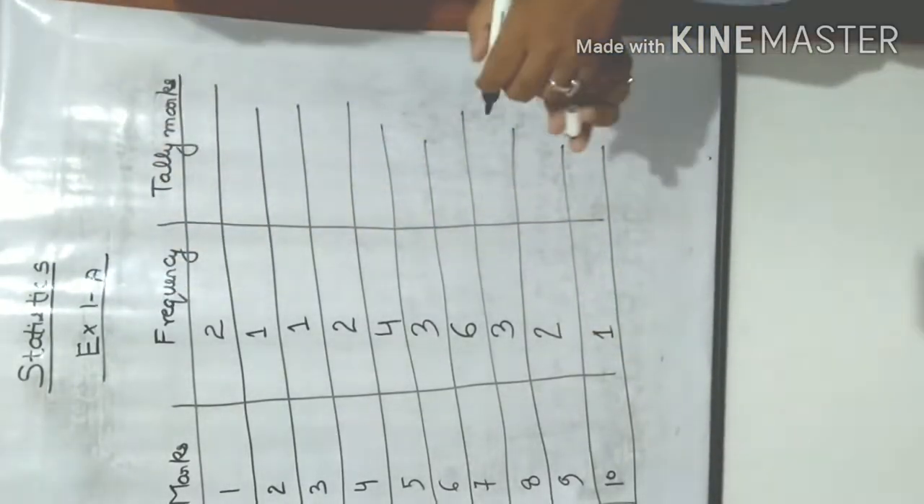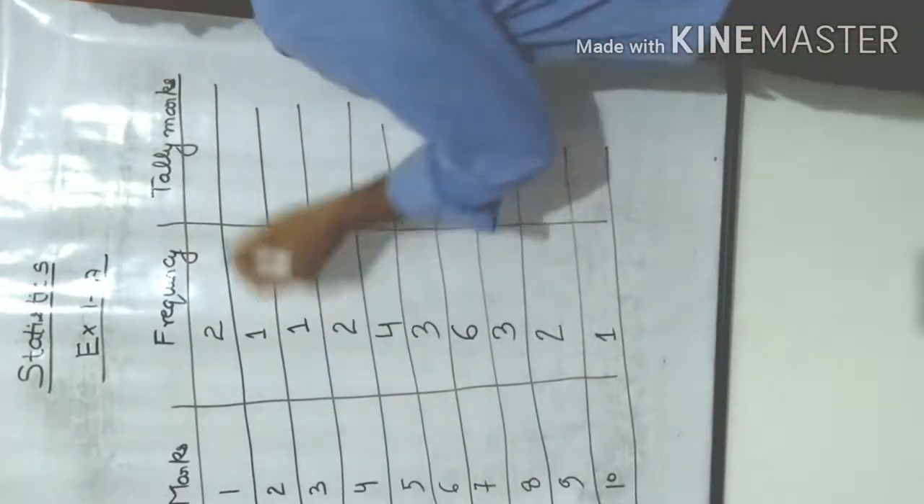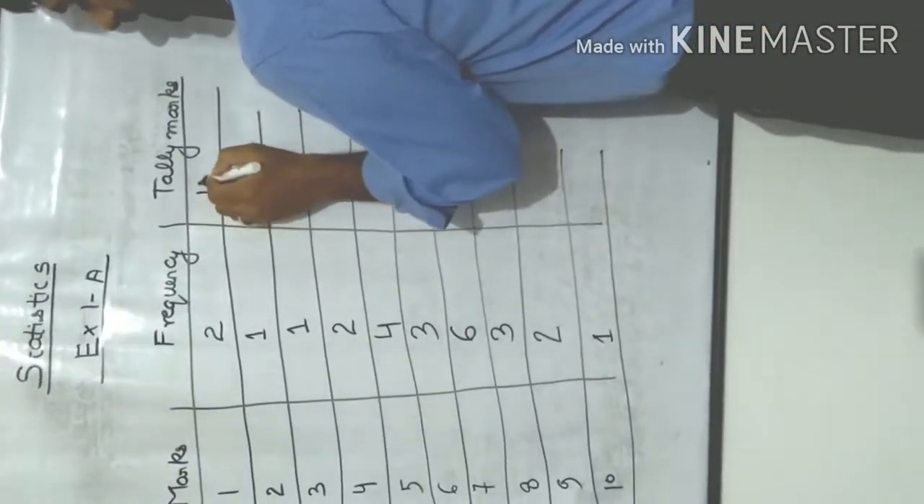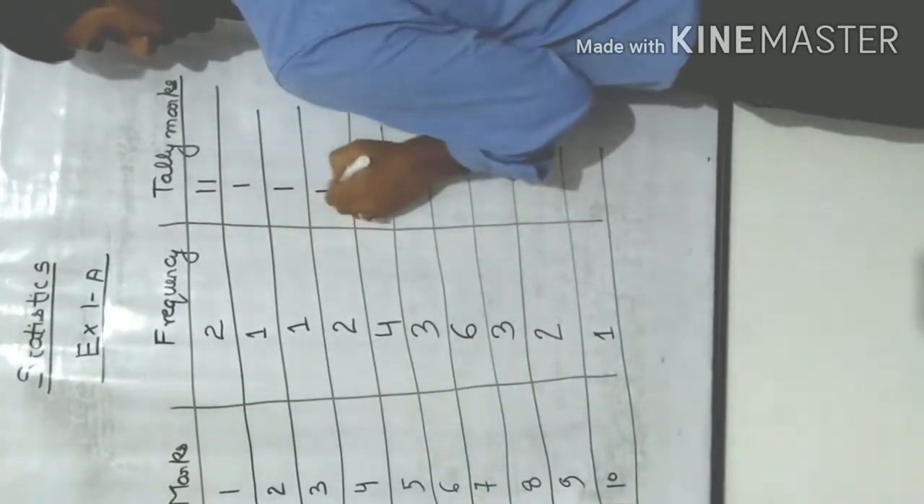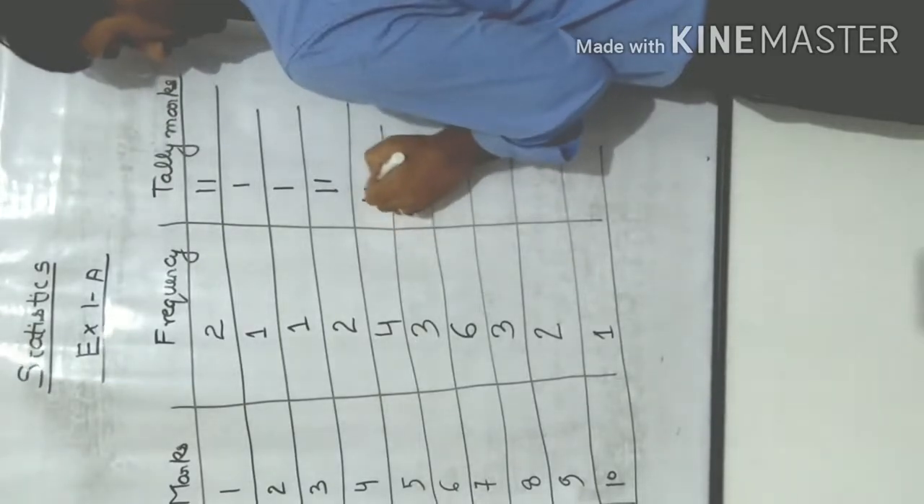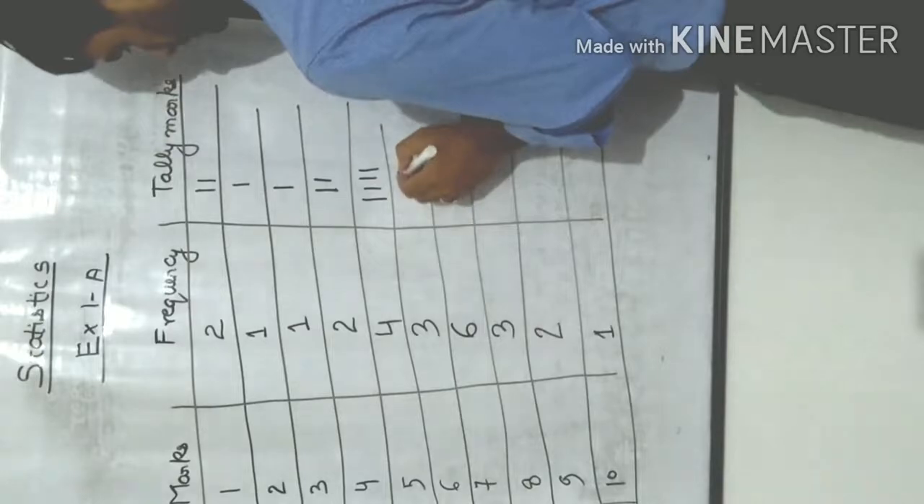After writing this frequency, what we need to do is write the tally marks. So for frequency 2, 2 vertical lines like this. Frequency 1, 1, 1 again, 1, 2, 4, 1, 2, 3 and 4. And here